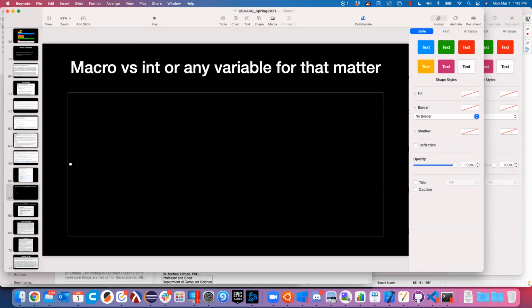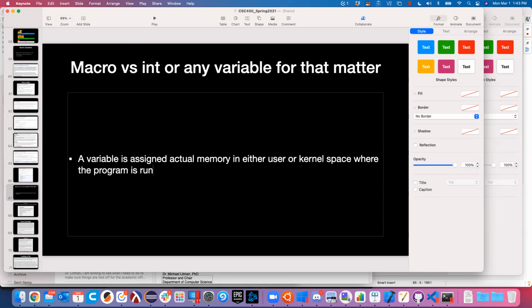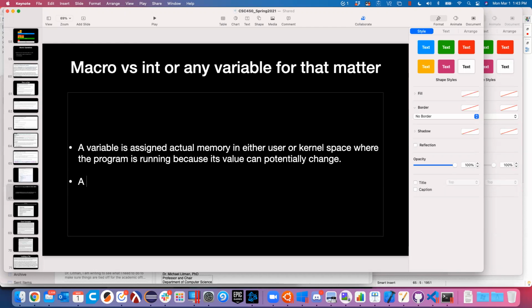So a variable is assigned actual memory in either user or kernel space where the program is running, because its value can potentially change. A macro is just a label that